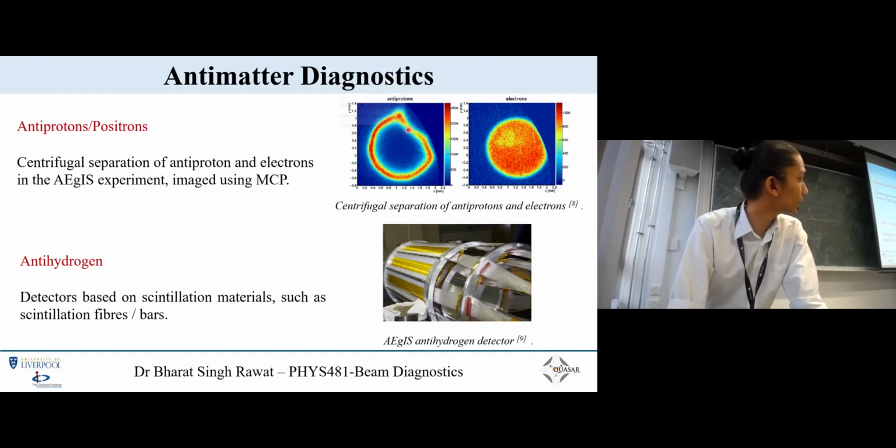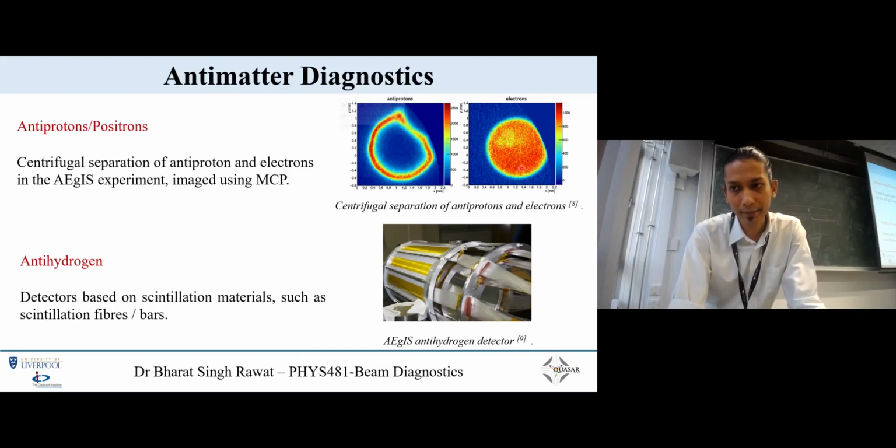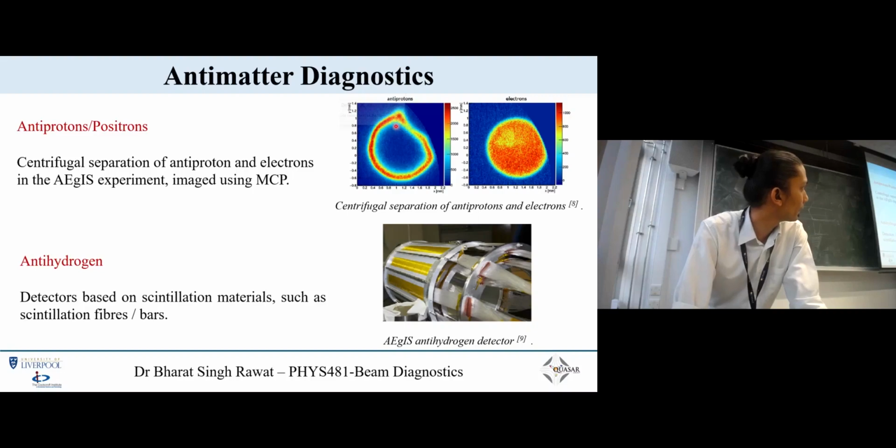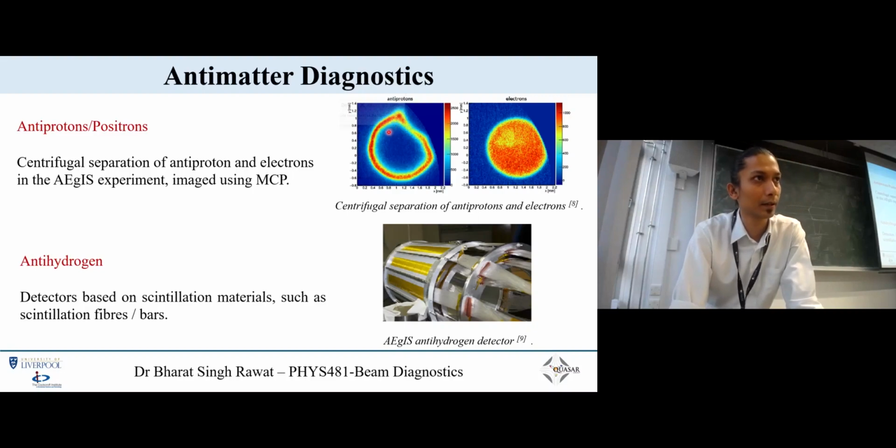On the left you see antiprotons, which form this hollow ring, and here you see electrons. Why it forms is that when you mix electrons with antiprotons, which in our experiment usually come from CERN's larger accelerator, we cool them down stepwise. To cool them further, let's say to 55 Kelvin, because we need such cold antiprotons to make antihydrogen, we use electrons. So we make a soup of